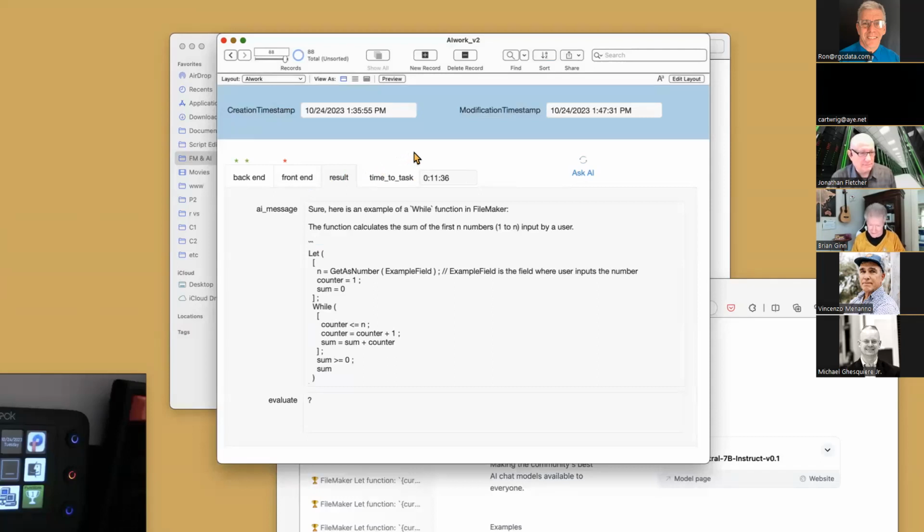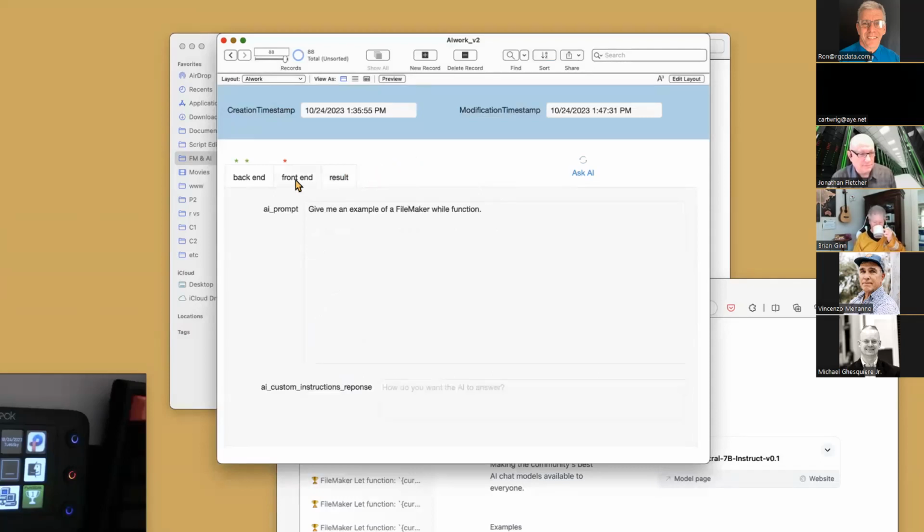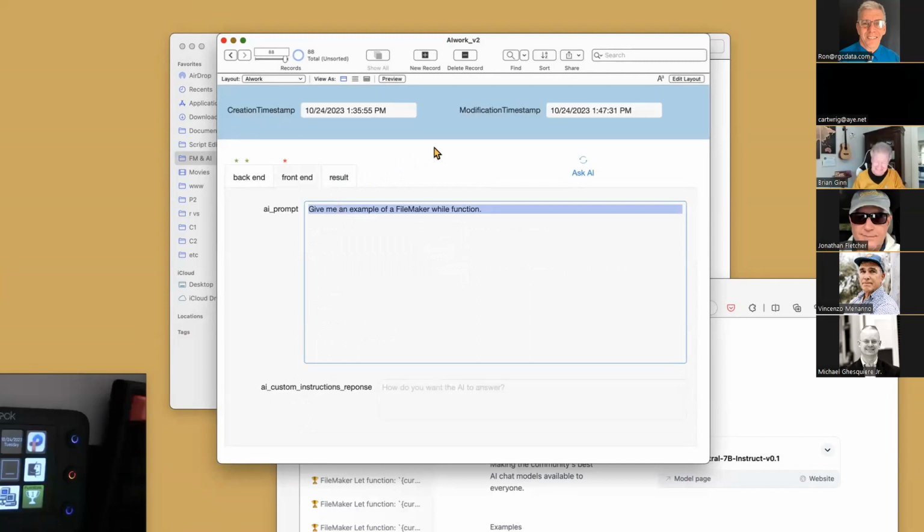I'm thinking of something like, do a while function that loops through a date range and gives me every Tuesday or something like that. I mean, I don't know. Let's see if I can type. Through this year and pulls all the Tuesdays out.